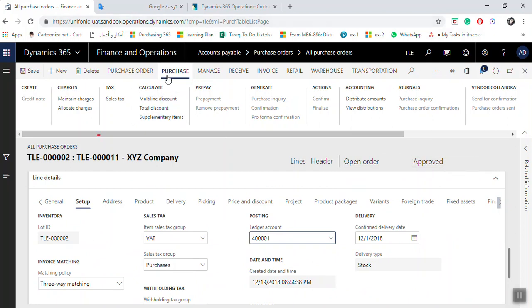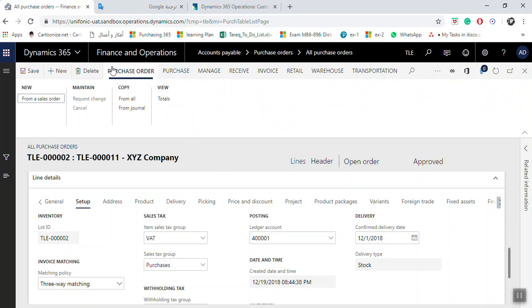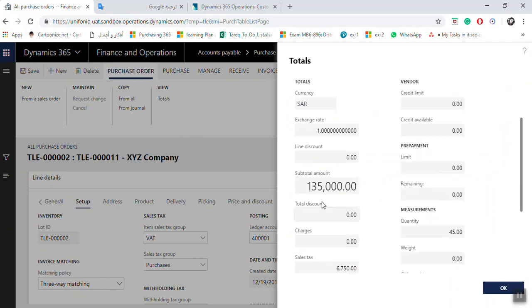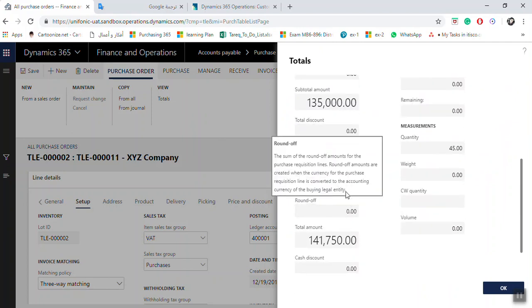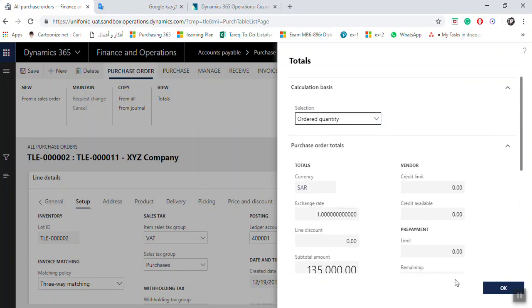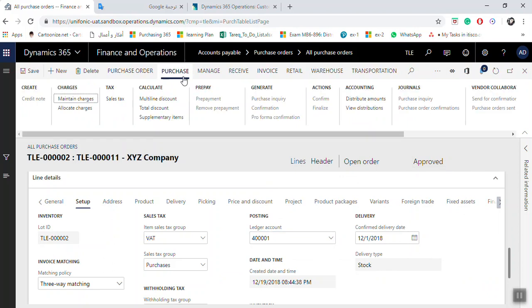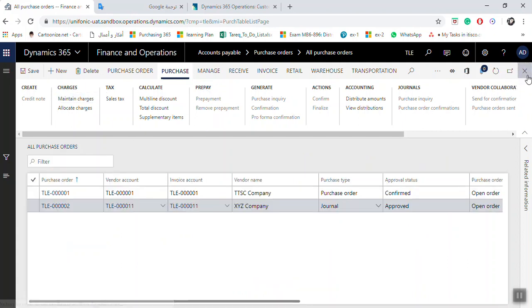Then the purchase manager will come to the purchase tab here. You can also, as I explained, check the totals in the purchase order to see whether it's correct or not. Here there is 135,000 and the sales tax, so this is the total. You must make sure about the total before you submit. If there is workflow, you can find the tab here to submit the workflow, or you can click save. Then your purchase manager will come to confirm the purchase order. Once you finished, your purchase manager will confirm, and after that, the purchase order will be ready for